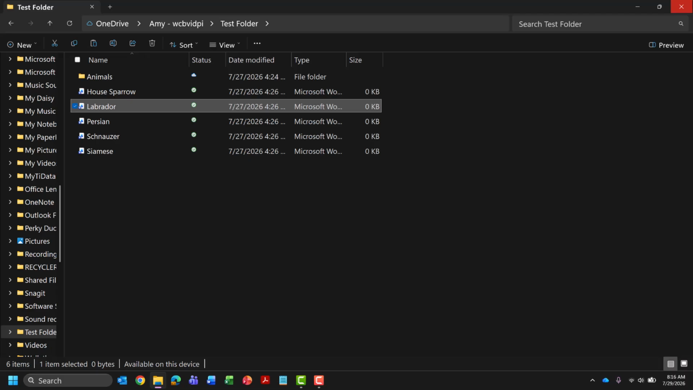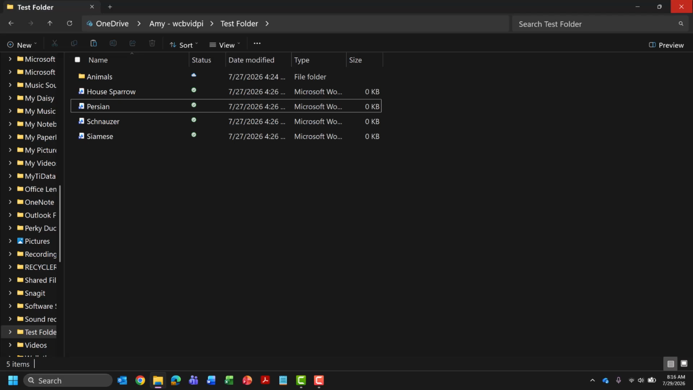What I'm going to show you now is how to delete a file that you no longer need. We don't need a copy of House Sparrow or Labrador. So I'm going to press the delete key on Labrador. Not selected. Persian not checked. 3 of 5. Now you'll hear that it didn't say deleted, but if I press L,